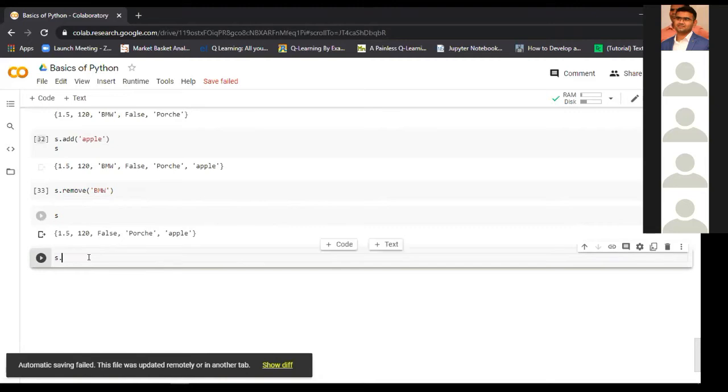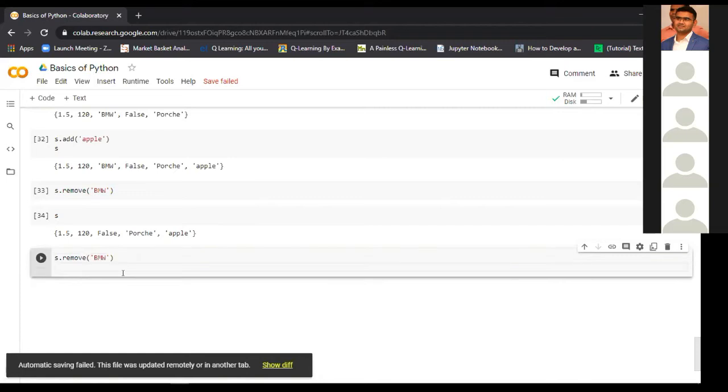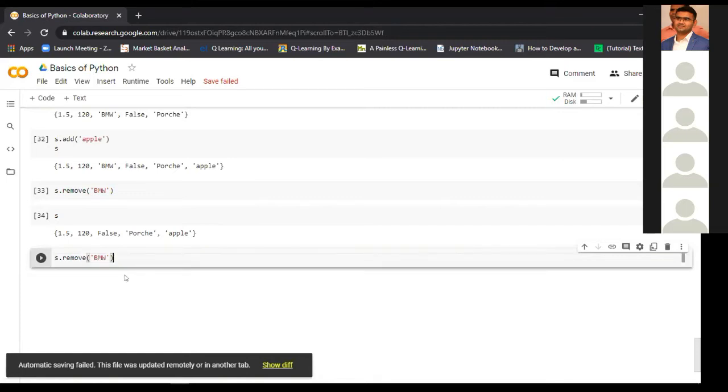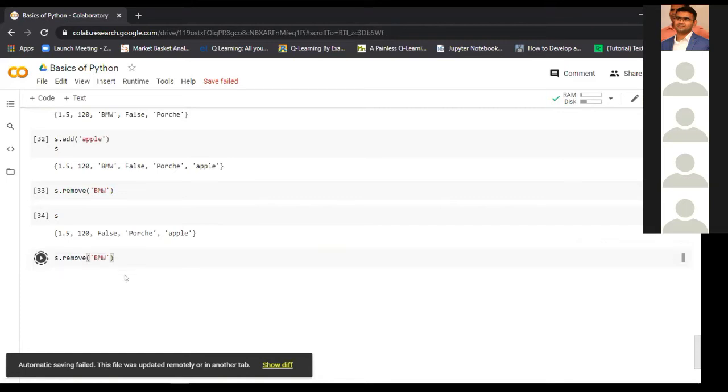But what happens if we try to remove the BMW again? We know that there is no BMW in the set, but what if we try to delete it? Let's see what happens.